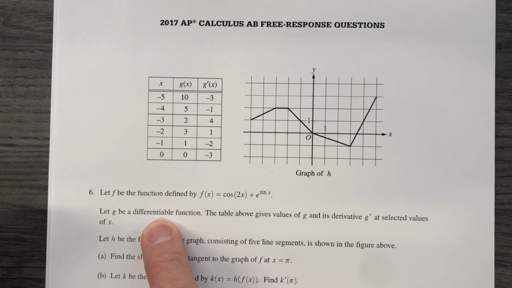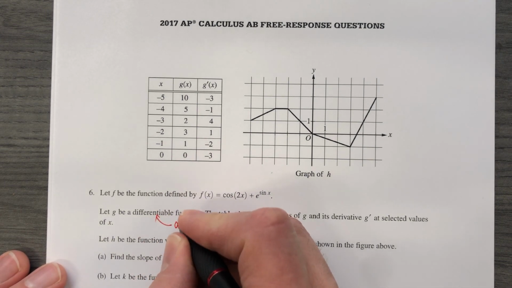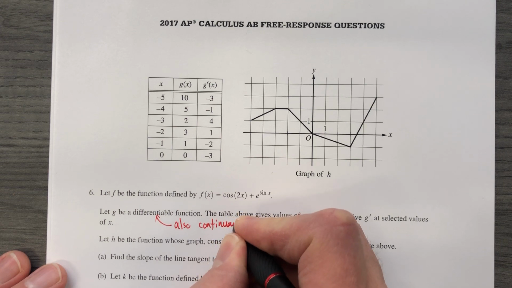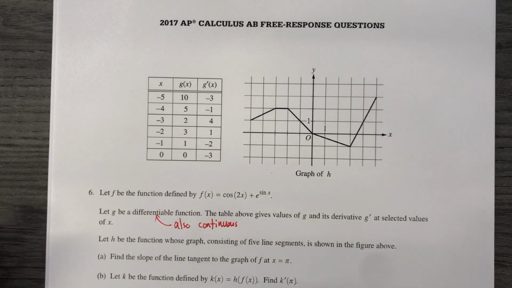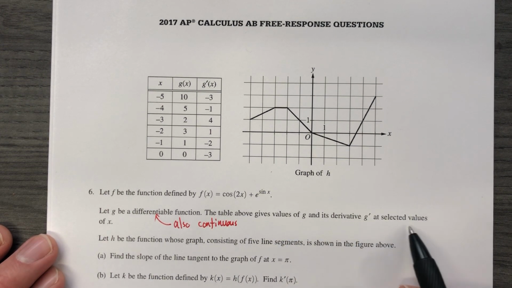By the way, I'm going to go ahead and tell you why it's important. If a function is differentiable, it is also continuous. If I can take the derivative of it, then I can draw it without lifting my pencil, right? Or pen, whatever. The table above consists of values of g and its derivative g prime at selected values of